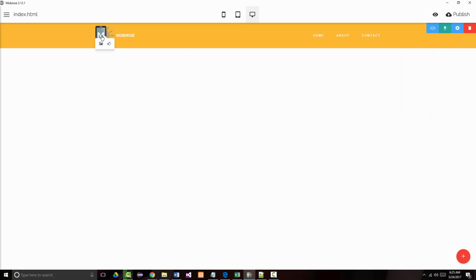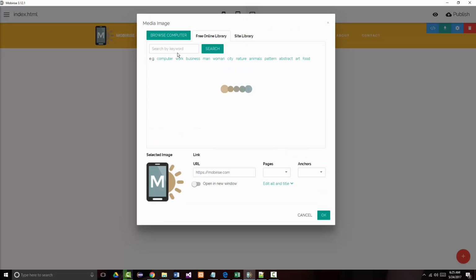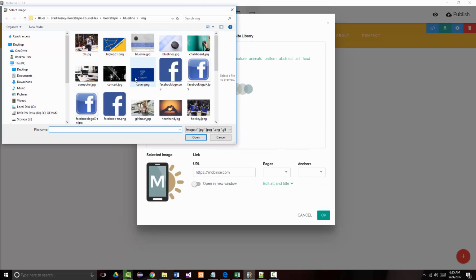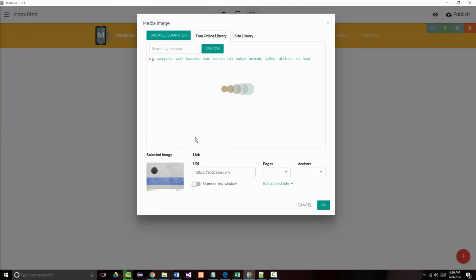All right, let's click here on the image. We'll click image, and I will browse my computer, and I think this is the one that I want, this blue line JPEG, so I'm going to open that. There it is. I can link it back. And I don't really want to link it back any place, so I'm just going to leave it there and click OK. And there's my image. Well, I don't want MobiRise here. And let's just call it St. Louis